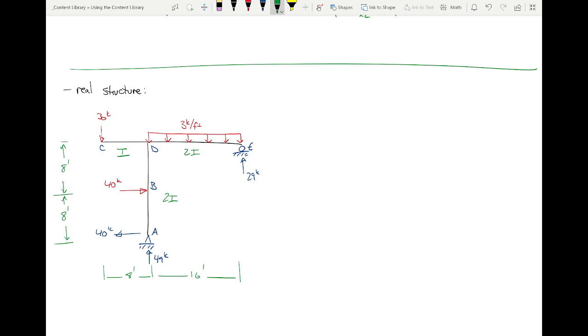All right. Let's look at this for a second, because this is the money. This is what we're trying to do, right? So how many moment functions are we going to need for the real structure to fully define this member? Let me ask again. How many real moment functions are we going to need to define the moments along this member? One, right? So if we're finding out this deflection right here, so delta E